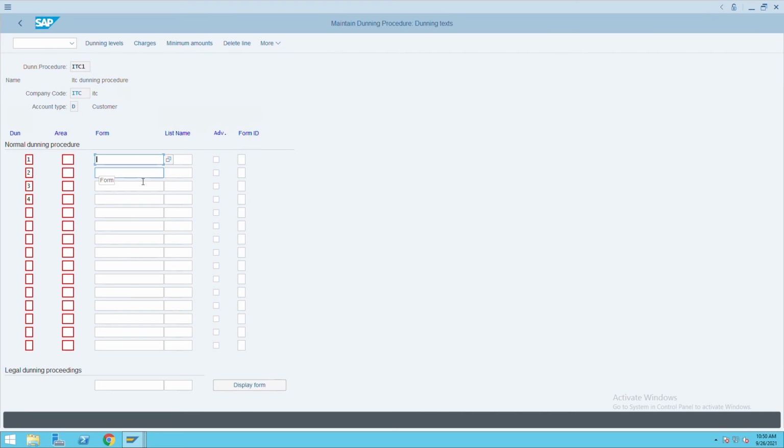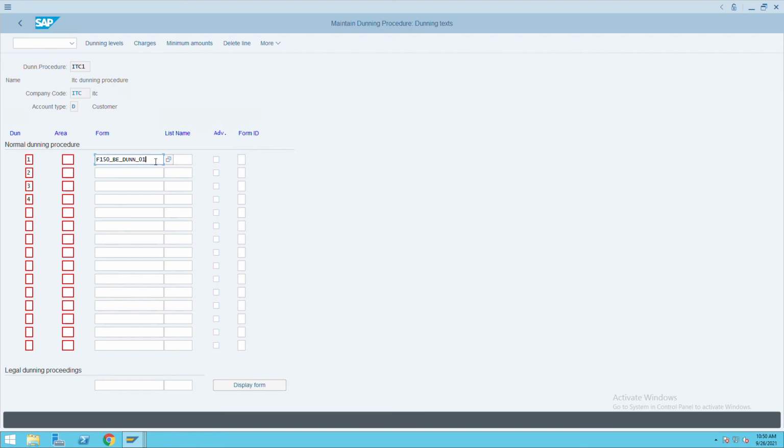We have selected the standard one, and in a real scenario you will have a different dunning letter for every level. So F150_B_DUNN_01. This is the standard letter.